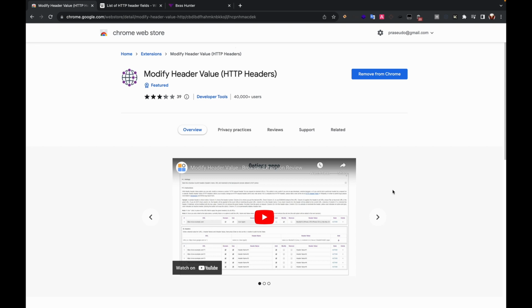So in this video we are going to discuss one of the browser extensions which is pretty useful at the time of pen testing and bug bounty hunting. The extension is Modify Header Value, where you can basically modify the HTTP request headers. With the Modify Header Value extension, you can add, modify, or remove custom HTTP request headers for any request